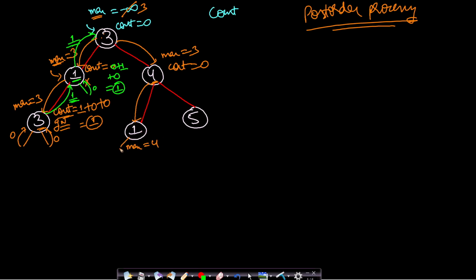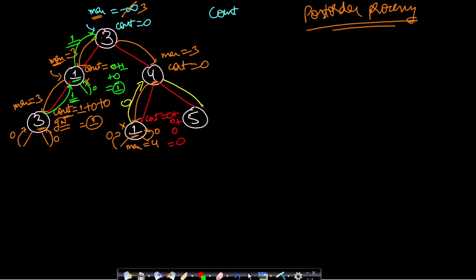Now from here make the left call, get 0 because there is no left node. Make the right call, get 0 because there is no right node. Now this current node will be compared with this max value, which is 4. Now the max value is actually greater than the current node, so there is at least one node from root to current node path which is greater than this current node, and so this is not a good node. So the count of good nodes in this subtree rooted at 1 will be 0 from left, 0 from right, and the current node is also not a good node. So 0 plus 0 plus 0 will be 0. So this returns 0.